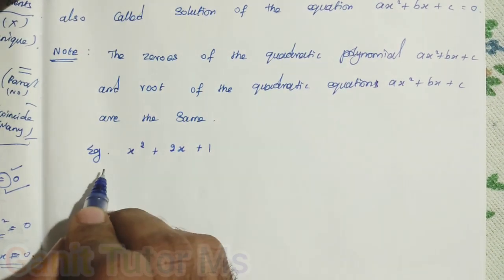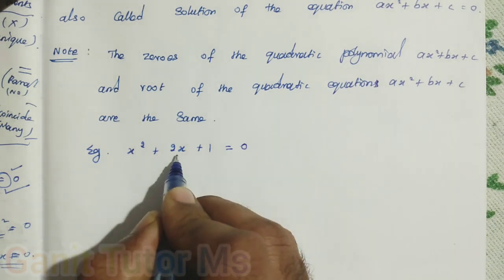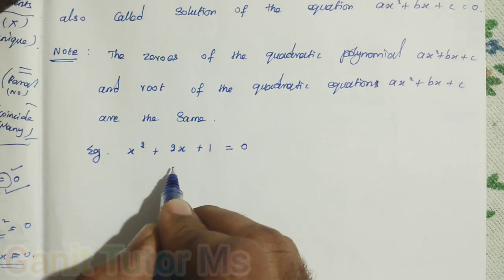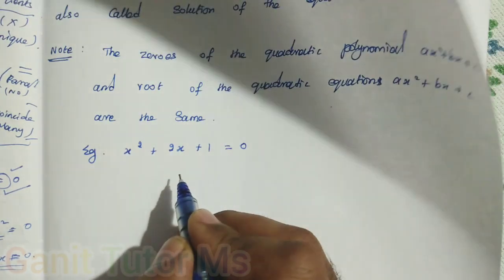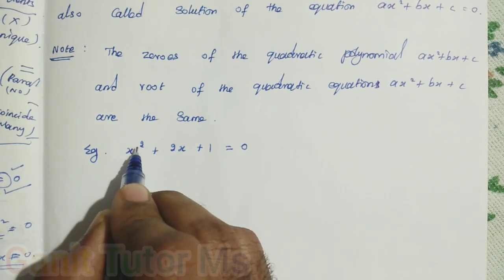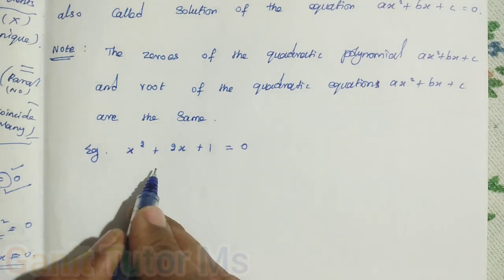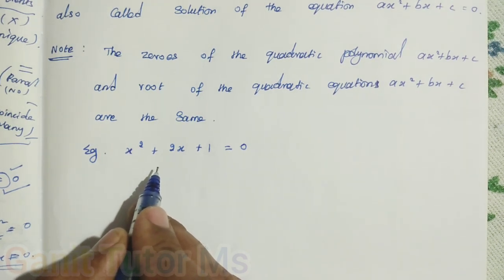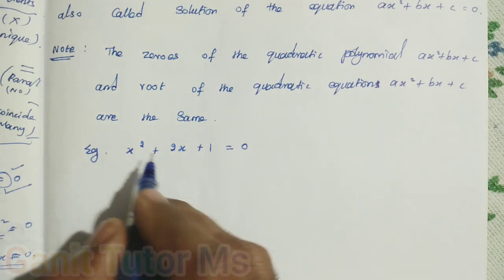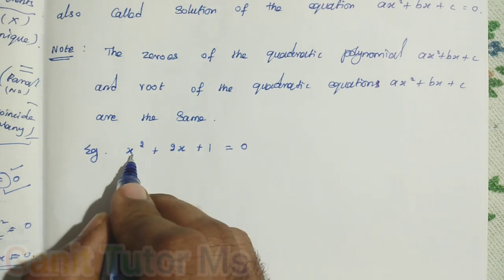Here I just consider the quadratic equation x squared plus 2x plus 1 equal to 0. Now I will explain what the root of this equation is. Is it a quadratic equation or not? Yes, it is a quadratic equation because the degree is 2. So from this I will explain what a root, solution or zeros of an equation is. Usually how can we find a solution? We can take this as p of x, and p of x equal to 0. That means the same thing.